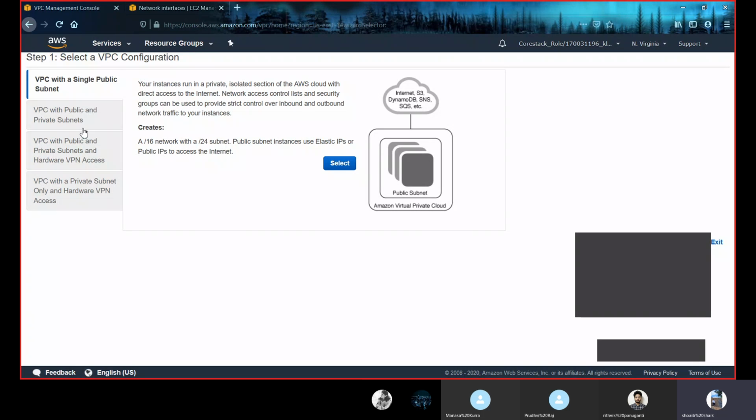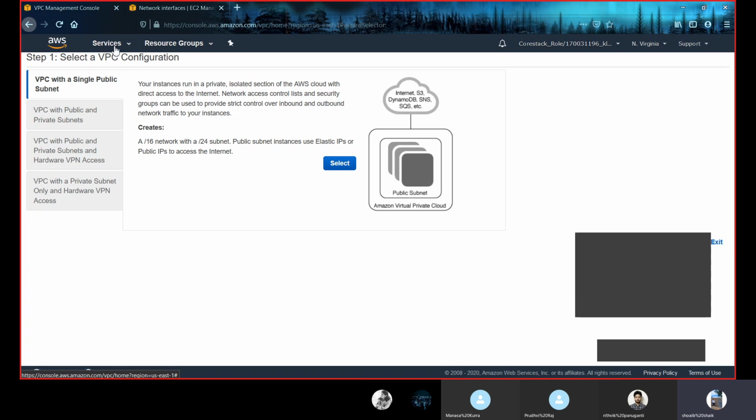Apart from this, we discussed security groups and network ACLs, and how to create them. We also discussed how to create a VPC, how to launch it, how to assign an elastic IP address for a NAT gateway or for a NAT instance, and how to assign these VPCs to an EC2 instance.